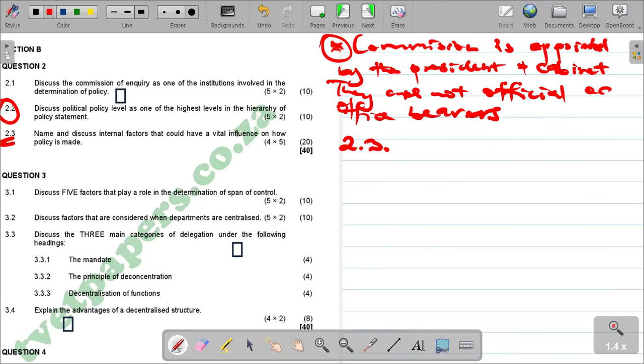So one, conditions of establishment. These are factors that have a vital influence on how policy is made. Each public institution has its own objectives. I'm sure that we know